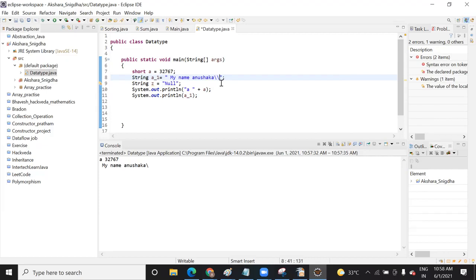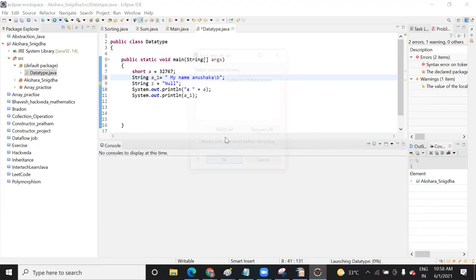That's why, if you want to print it, you need to add two backslashes. Let's try slash b and run it.